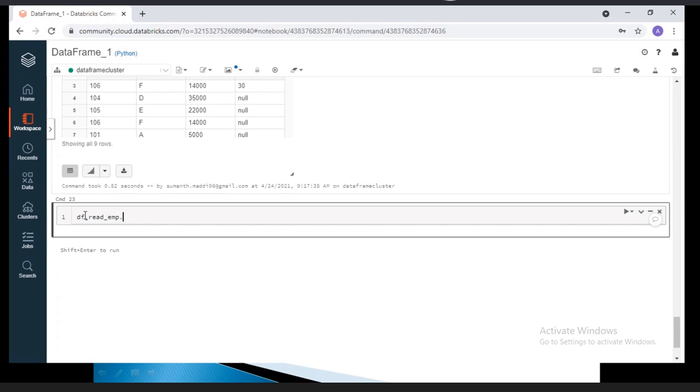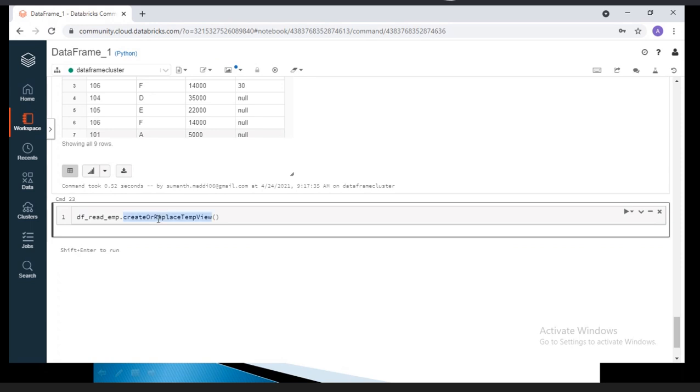If you want to create a temporary view on your data frame, we have to use create or replace temp view. You're creating one temporary view in your cluster.